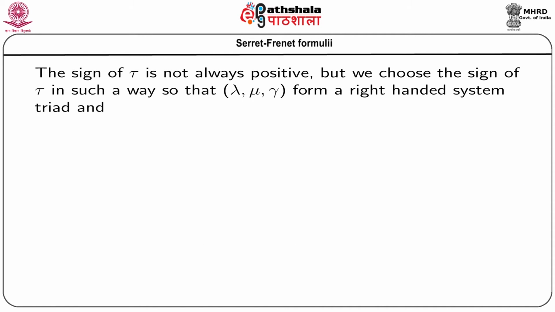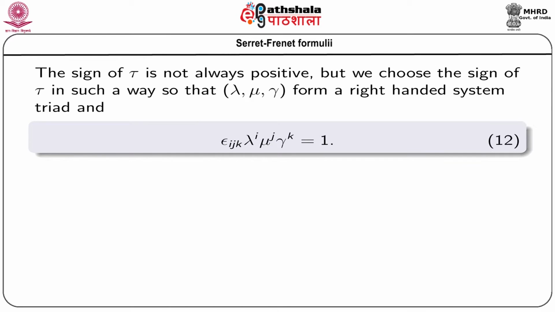The sign of τ is not always positive, but we choose the sign of τ in such a way so that λ, μ, γ form a right handed system, and it is also called a moving triad. It moves along the curve. So, it is a moving triad, and this right handed system can be expressed in tensor form by the equation ε_ijk λ^i μ^j γ^k equals 1,